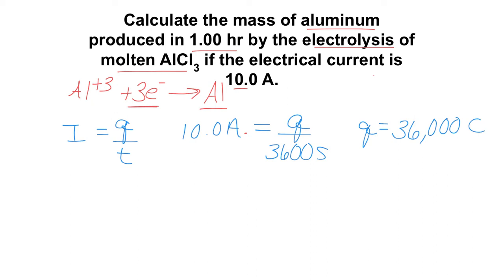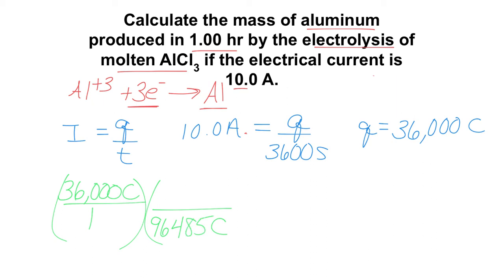Cool. So then I would take that 36,000 coulombs, put that over 1. I've got to cancel coulombs. The way I cancel coulombs is I use Faraday's constant, 96,485 coulombs per every mole of electrons transferred. In this reaction, I am transferring 3 moles of electrons, again from the half reaction, to produce 1 mole of